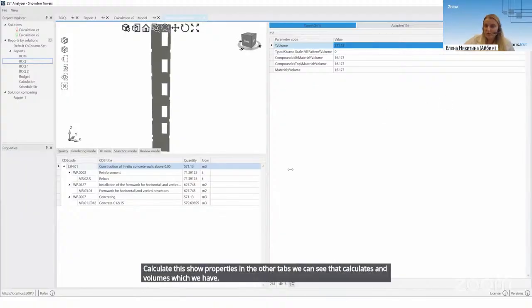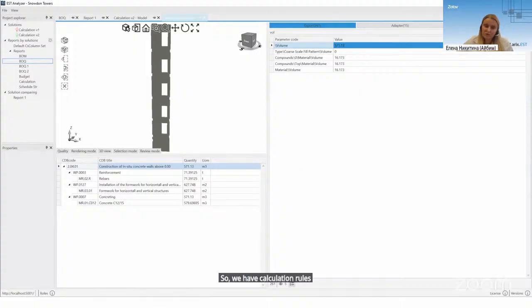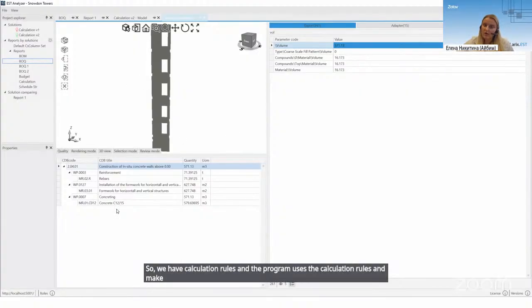So we have calculation rules, and the program uses the calculation rules and makes the calculation, which you can see clearly: how it calculates, which parameters it uses, and you can see all needed information to check your calculation. You don't need to check all elements, every element. You just can